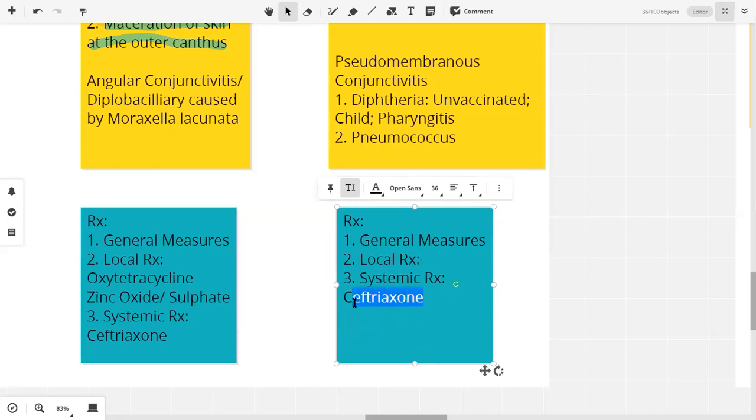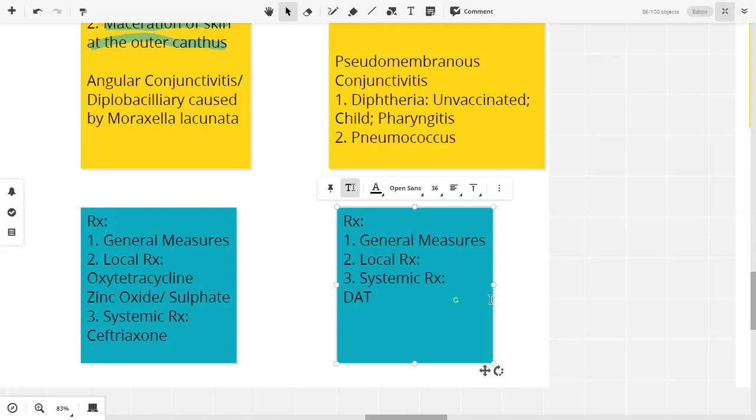Now, the systemic treatment of diphtheria. What do you say for the treatment of diphtheria? Anti-diphtheria antitoxins. Diphtheric antitoxin. So I will write DAT for this. It's not a standardized abbreviation, but it stands for diphtheria antitoxin, right? This is the specific treatment which you have to remember for diphtheria. For pneumococcus, you can give any of a wide array of drugs.